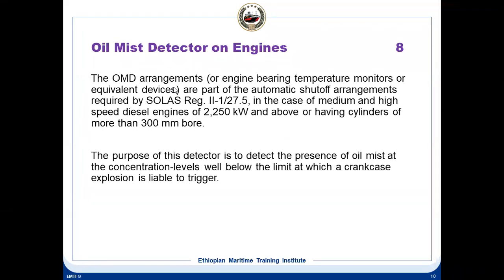This is fitted on the generator engines and main engines, and you'll find the oil mist detectors there. Basically it is to take care of any crankcase explosions, because there can be an oil mist inside and it can cause a crankcase explosion. So two are different things. One is engine room oil mist detection, another is engine oil mist detection. Engine room oil mist detection is only for easy identification of any oil leakage. Immediately you will come to know that there is an oil leakage, especially in unmanned ships, UMS ships.